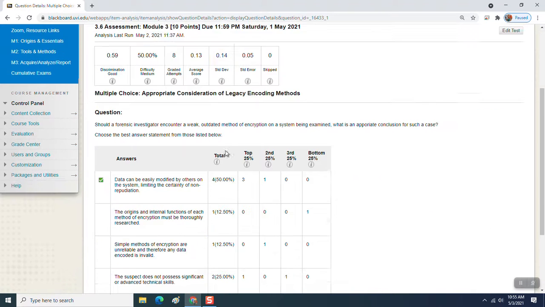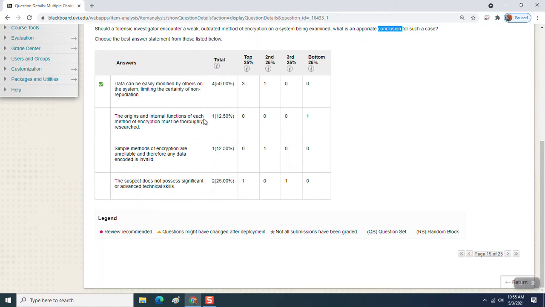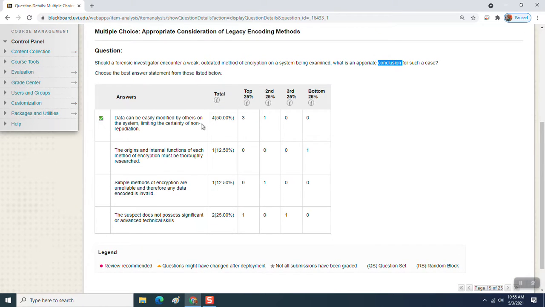Appropriate consideration for legacy. Okay, so for legacy encoding methods, should a forensic investigator encounter a weak and outdated method of encryption on a system being examined, what is an appropriate conclusion for such a case? Well, if something is outdated or outmoded, it could have been easily compromised, right? So data can easily be modified by others on the system, limiting the certainty of non-repudiation. So what are we saying? When you collect